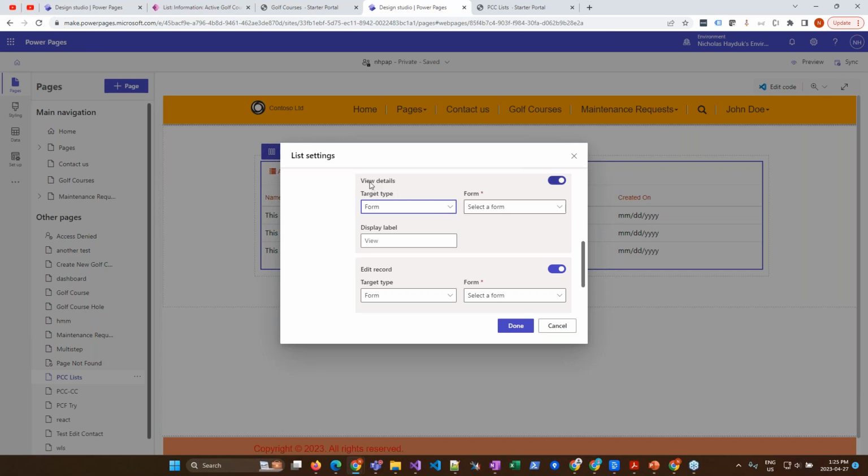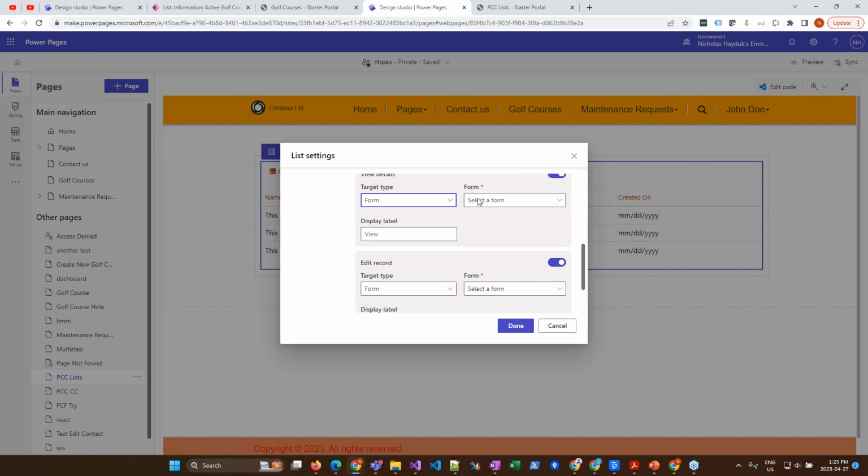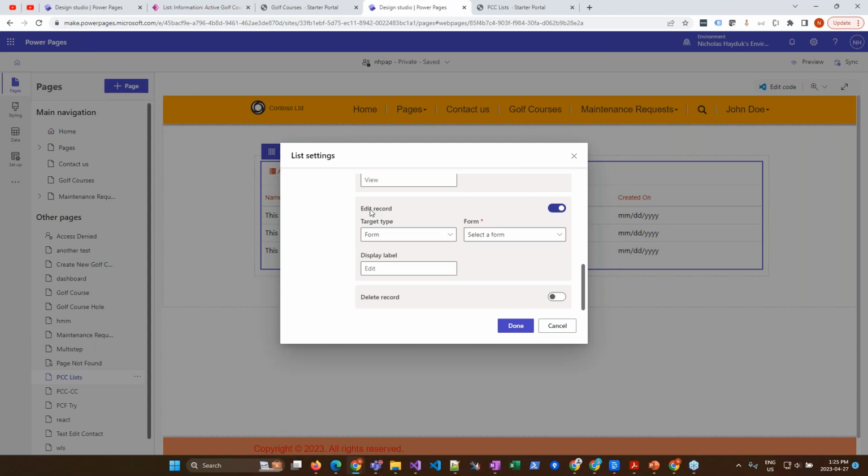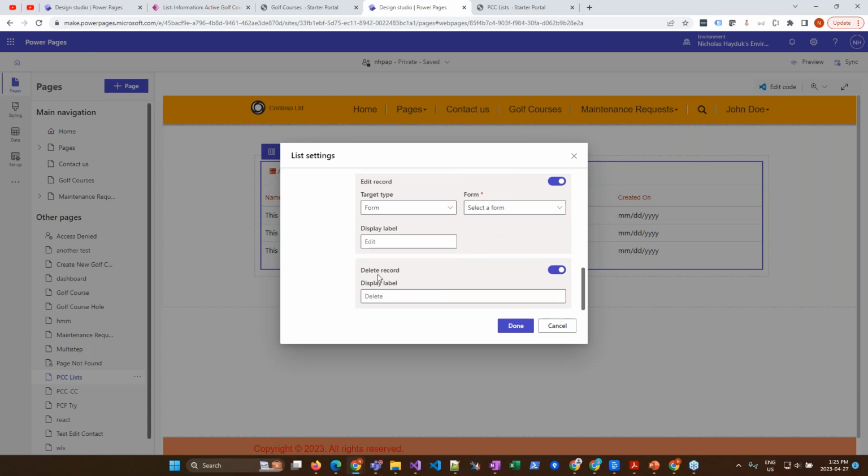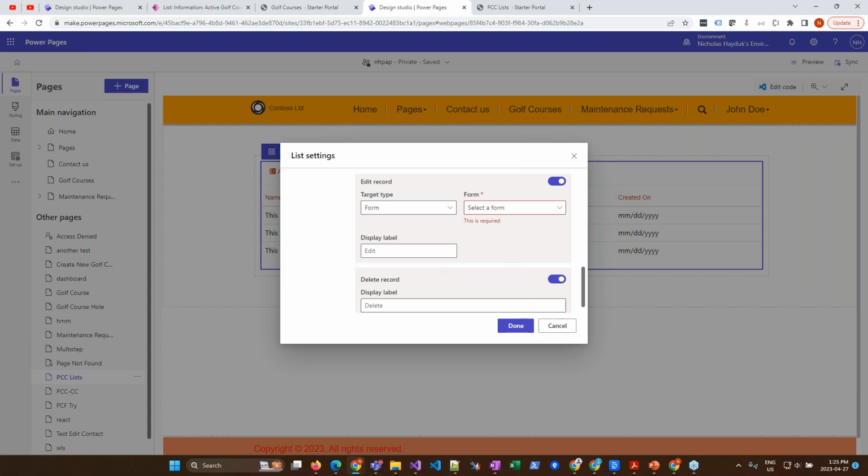If you're just doing a read-only form, use the view. If it's editable, use the edit, because then the system will hide and show buttons automatically based on the user's permissions. And finally, with the delete, we've got the option here to delete the record. Again, that's only going to